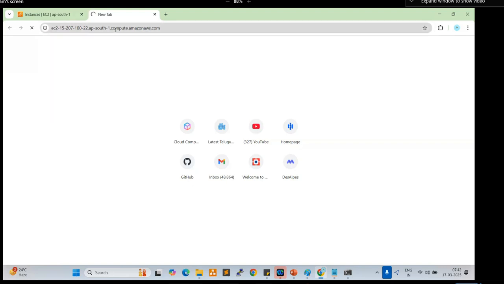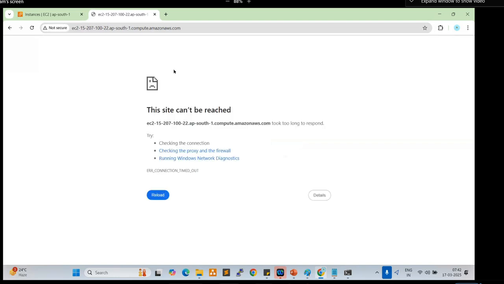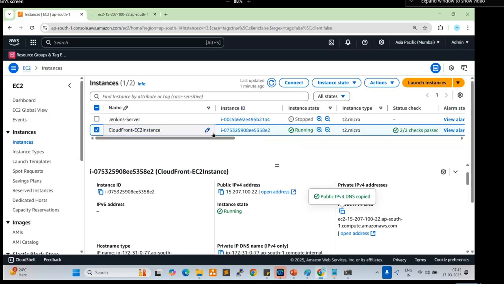But yeah, now it is not accessible. Wait for 1 minute. It will give you an error. See here: this site can't be reached because the HTTP port number should be enabled. Okay. Go back to the server, select your server, go to